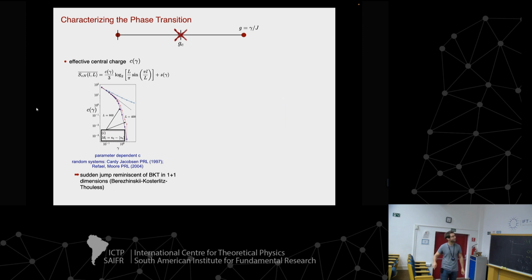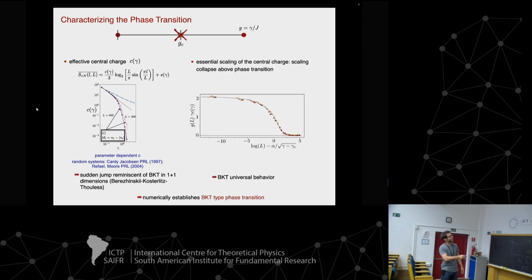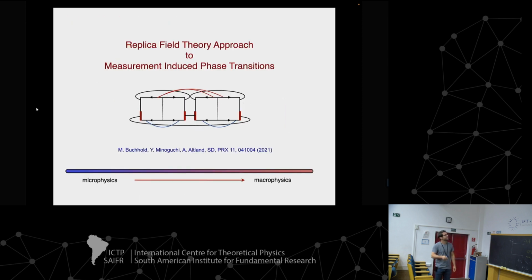It's just a phenomenological observation at this point, but indeed, if you go a little bit more quantitatively and you pretend that this quantity C, this coefficient, has the scaling behavior that you expect for a Kosterlitz-Thouless transition, then you can verify that. At this point, no deeper justification, but we'll come to this next. Right, so let's therefore now study how we can approach this problem in a field theory language.